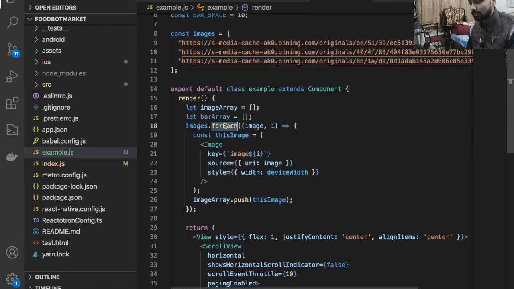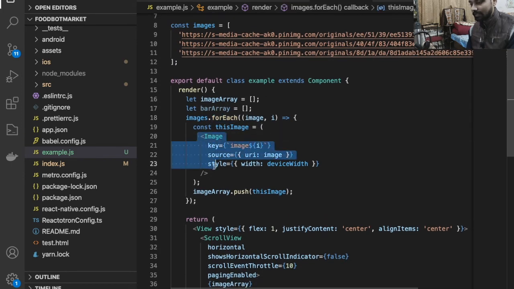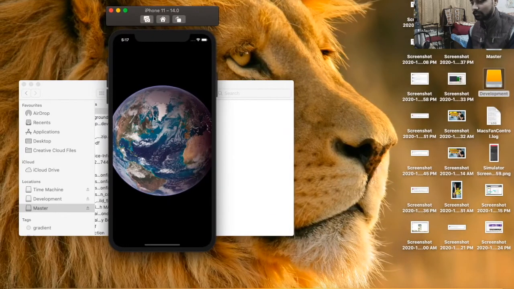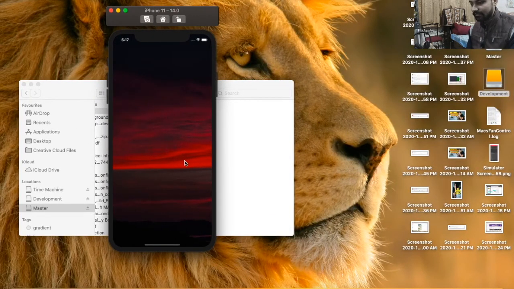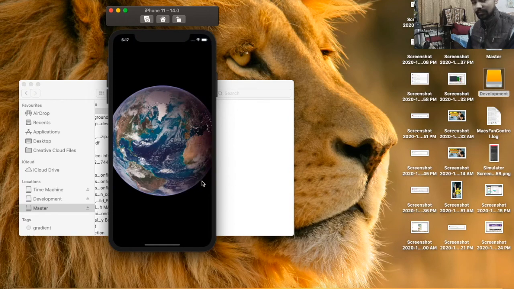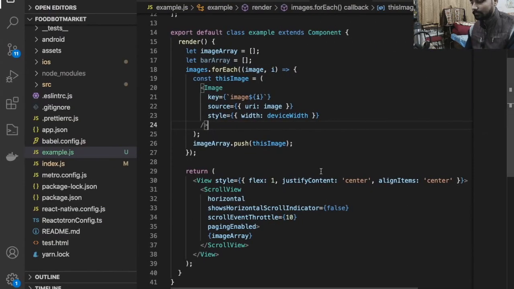For each image we push this data into this image array, and we access it here. Let me show you in the simulator. Yes, you can see guys, when I'm scrolling horizontally from right to left, you can see these images easily here, right?